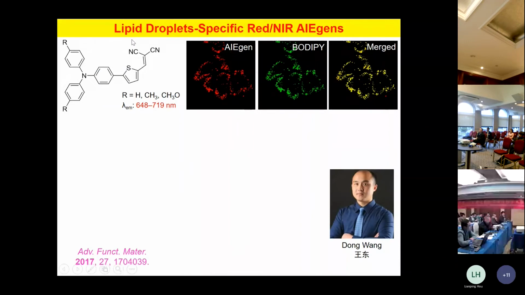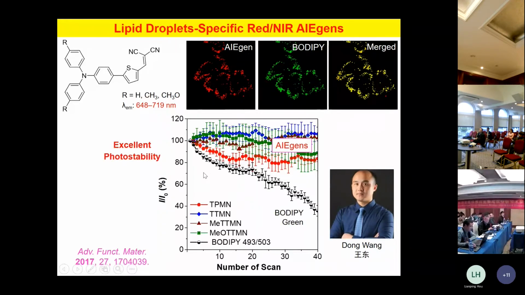The next example is about the lipid droplet. You can see BODIPY is actually specific to lipid droplets. Our AIEgen imaging and BODIPY are very similar. However, our system is much better than BODIPY because when you do the scanning with BODIPY, the emission will become weaker and weaker. Eventually, everything will disappear because of photobleaching, photooxidation-induced photobleaching. But for AIEgen, you can see there's no such degradation. You can always see very strong emission.